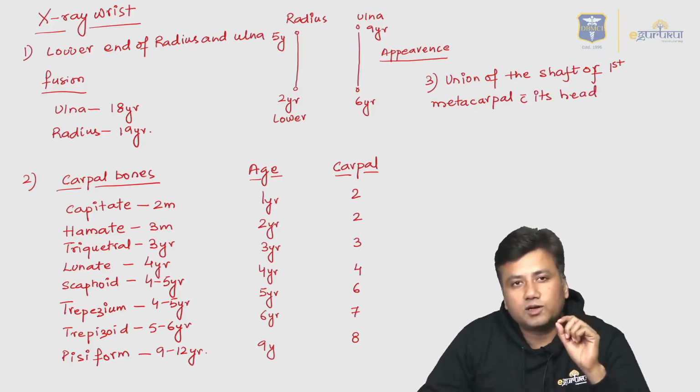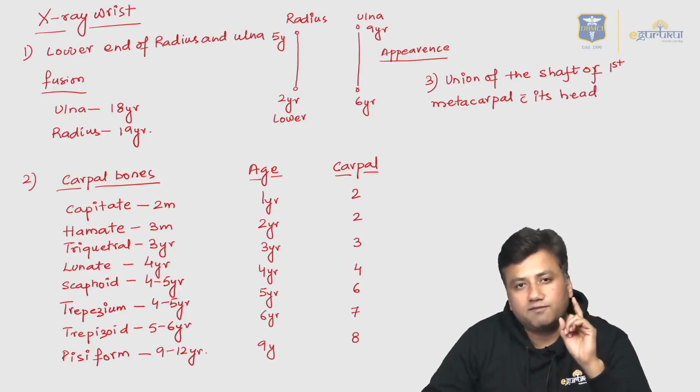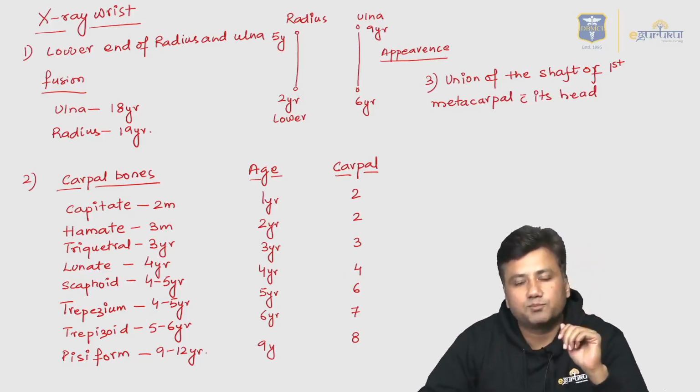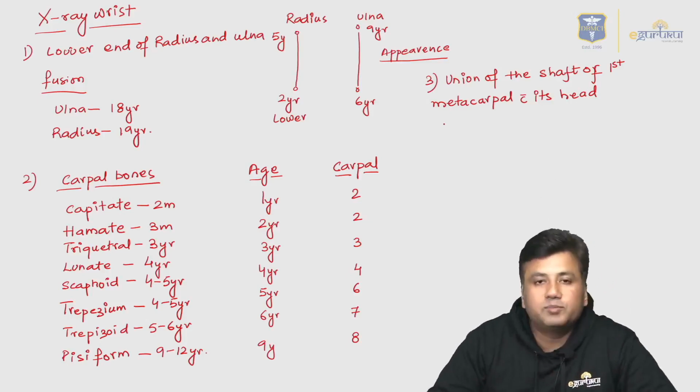We are only talking about the union of the first metacarpal, the metacarpal present in the thumb. This union happens at the age of